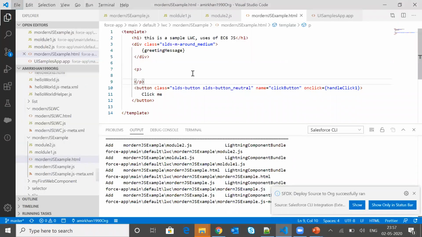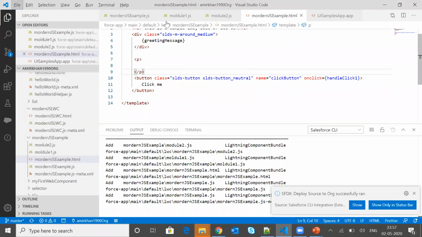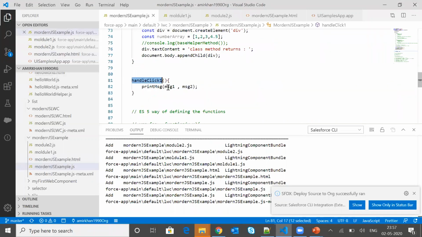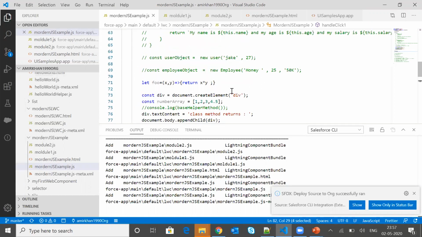When I click here, it says this is a sample and this is a sample, which means I have made some mistake while passing the messages.